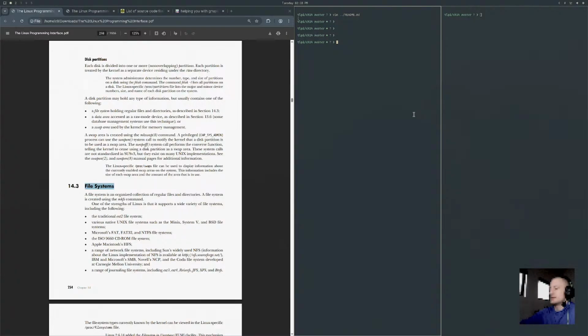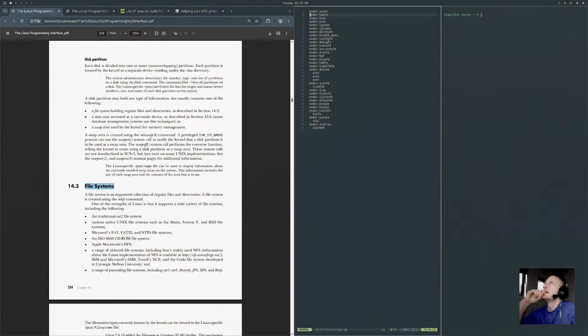Okay. Let me look up proc file systems. Huh. BPF file system. Interesting. I'm guessing these are more like virtual file systems. And then we have ext2, 3, 4, file system in user space, fuse, block, BTRFS, VFAT, ISO, overlay.